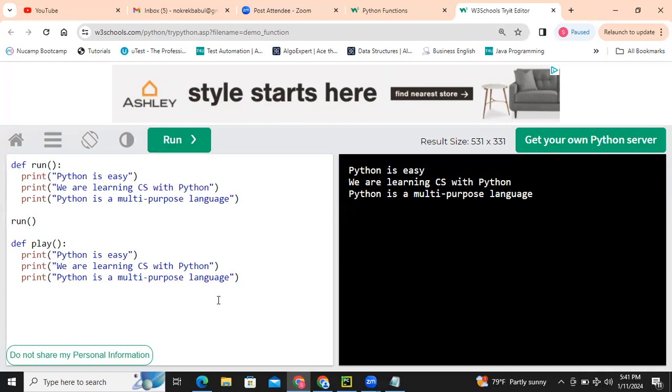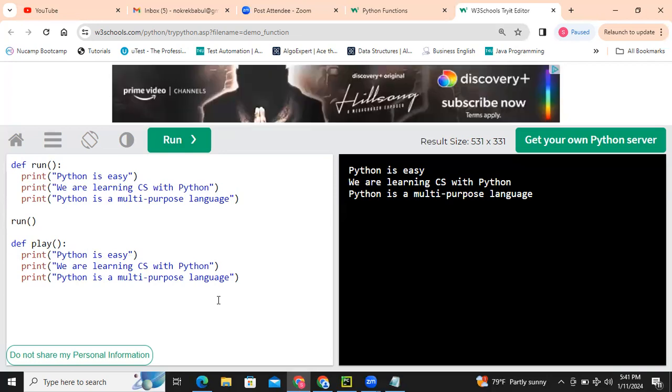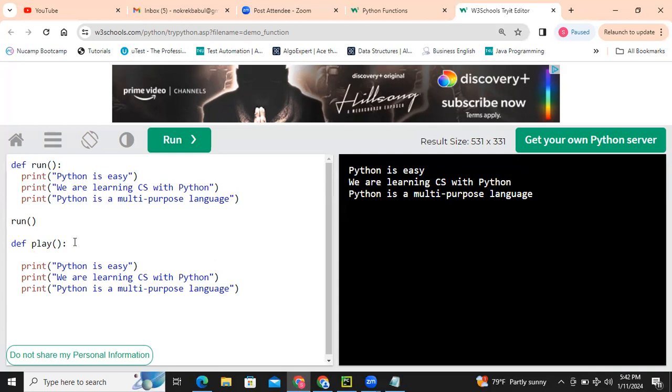Not always. Okay. My initial understanding was print is something you use in order to show output on the screen or do calculations, right? So to write the code for this function run or play, we must always use print inside the parentheses.